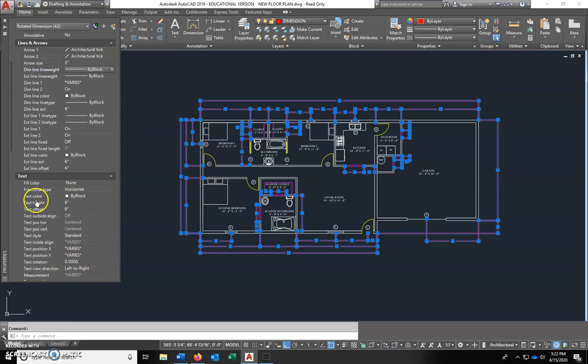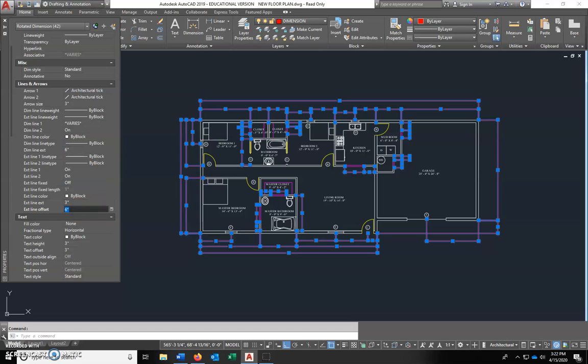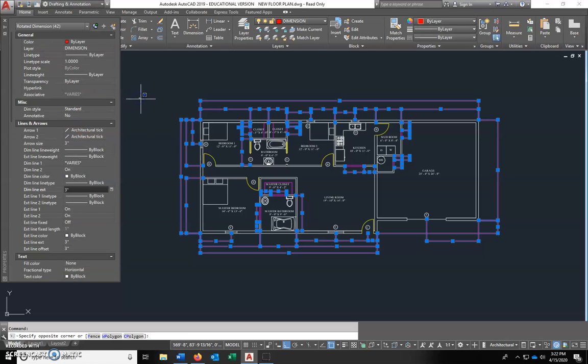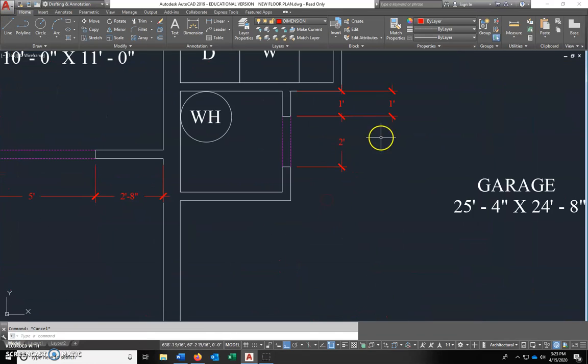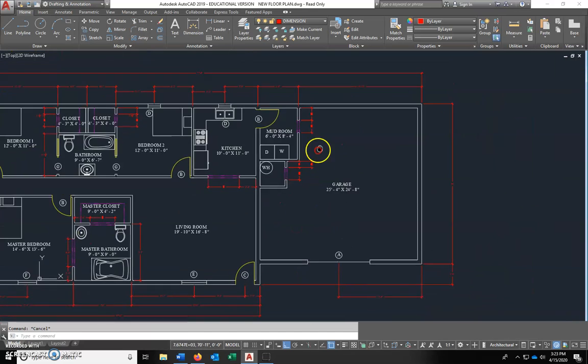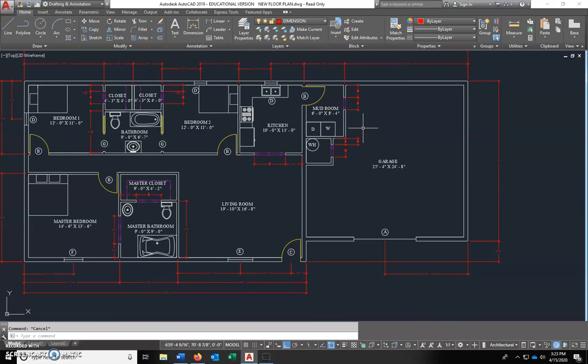Text height, I'm going to change that to 3, make it all match. 3 on my offset, good to go. Extension line, I'm just going to change it all because I've already fixed that in my dim style. From now on everything's good, but in properties, with everything already drawn selected, I'm going to change it, hit enter. I can close this, hit escape, and now everything's matching. Everything looks good. That's one quick way to change everything without